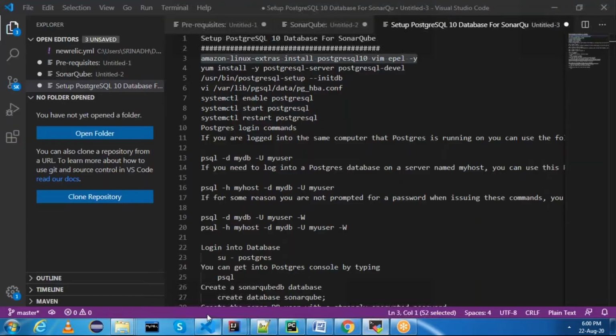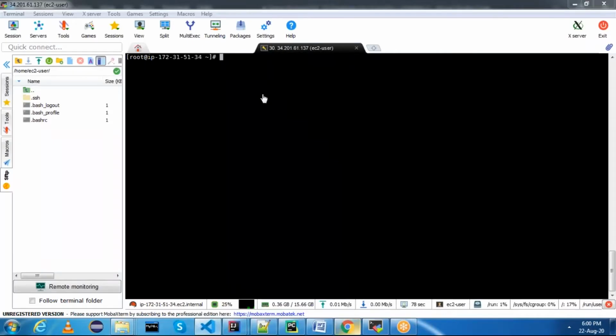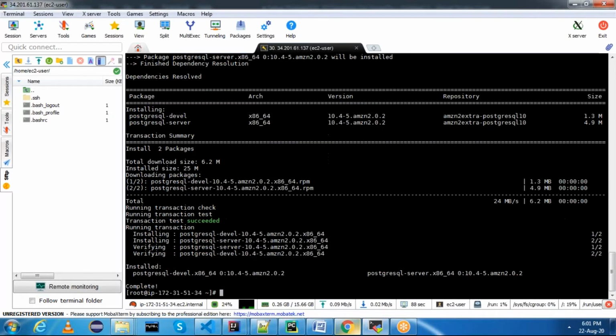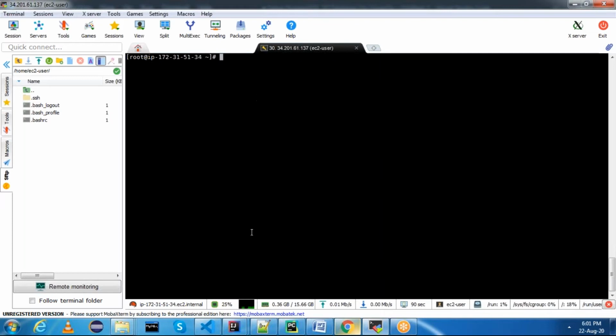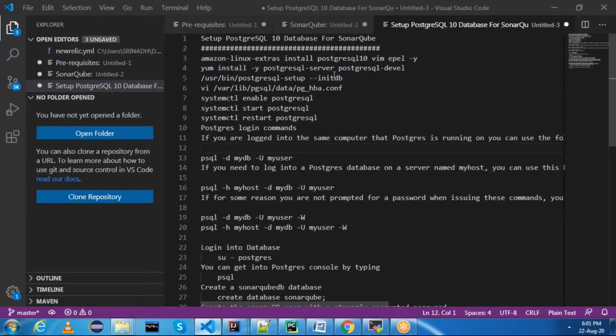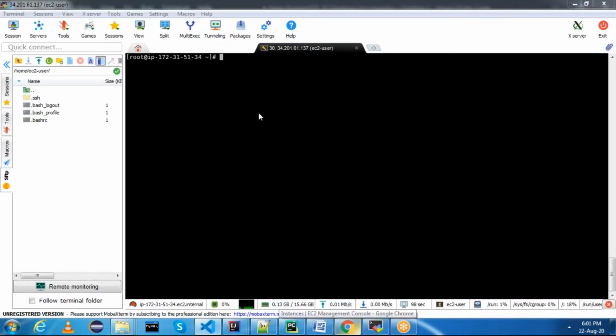Next thing I need to do is install the PostgreSQL server and PostgreSQL development packages. Yes, PostgreSQL server is installed. Now I want to initialize the database for PostgreSQL setup. You can initialize the database. Now your database is initialized.